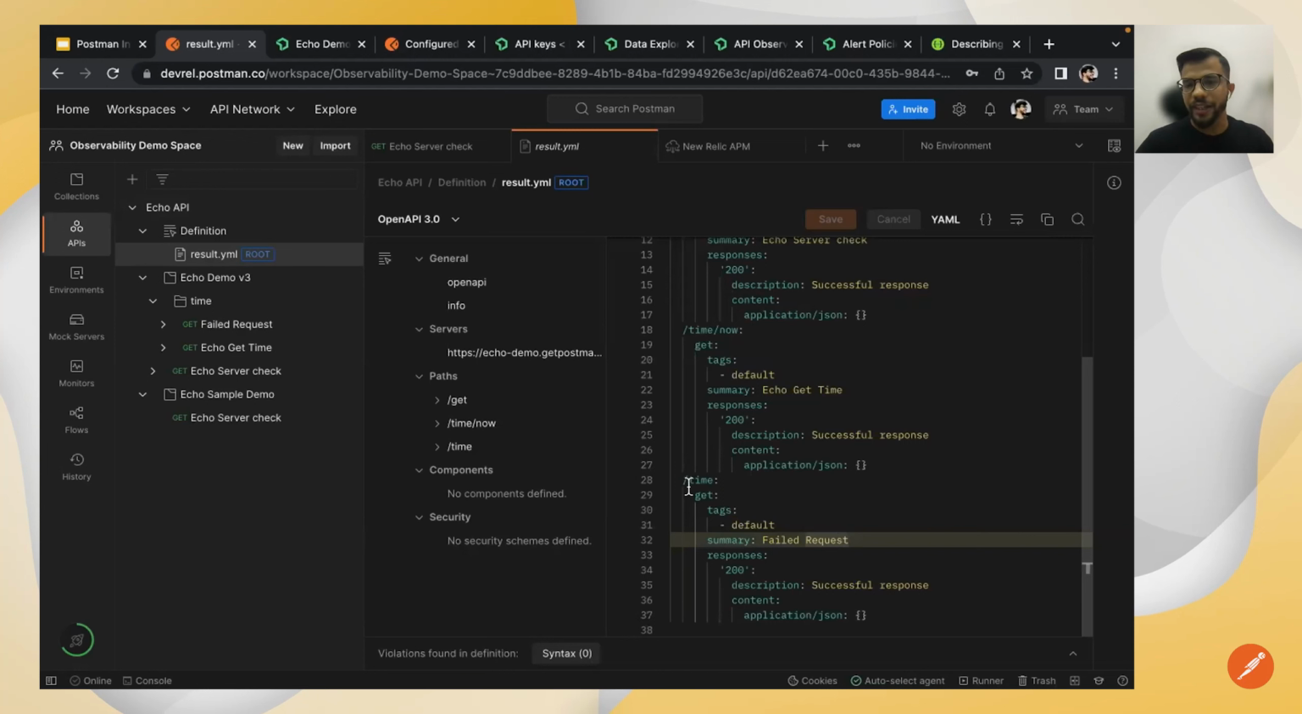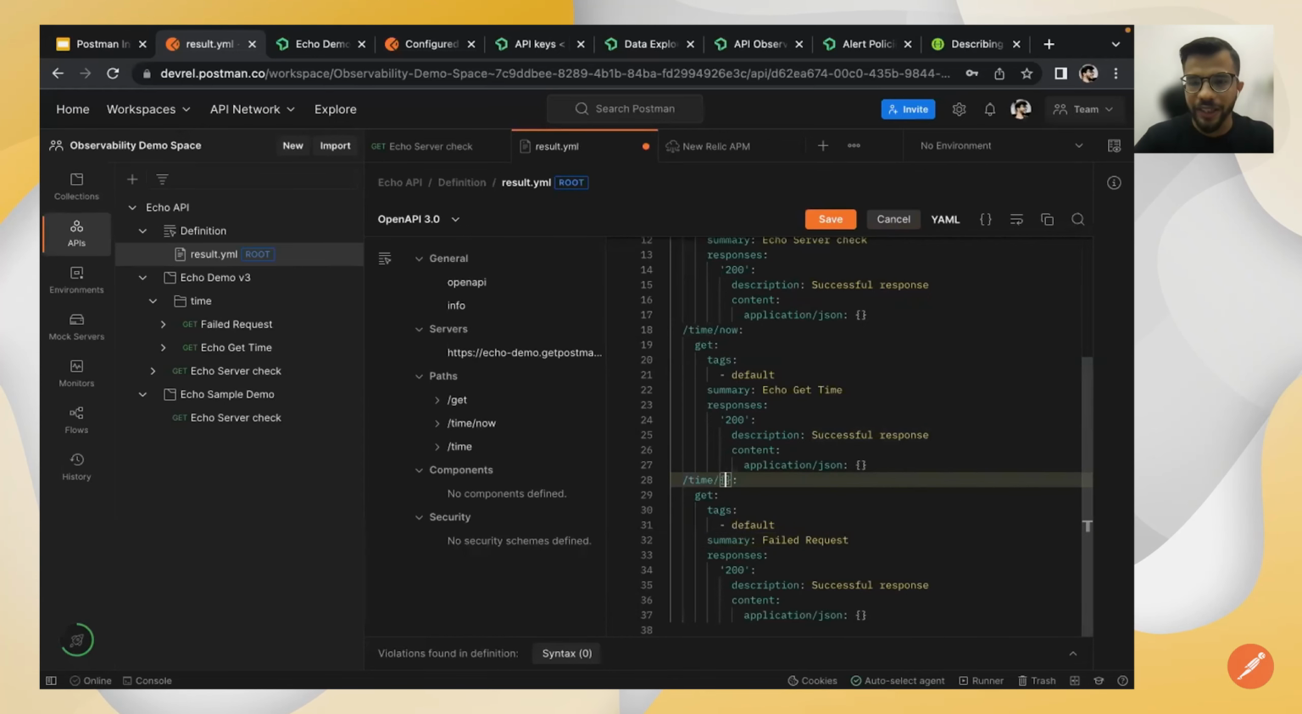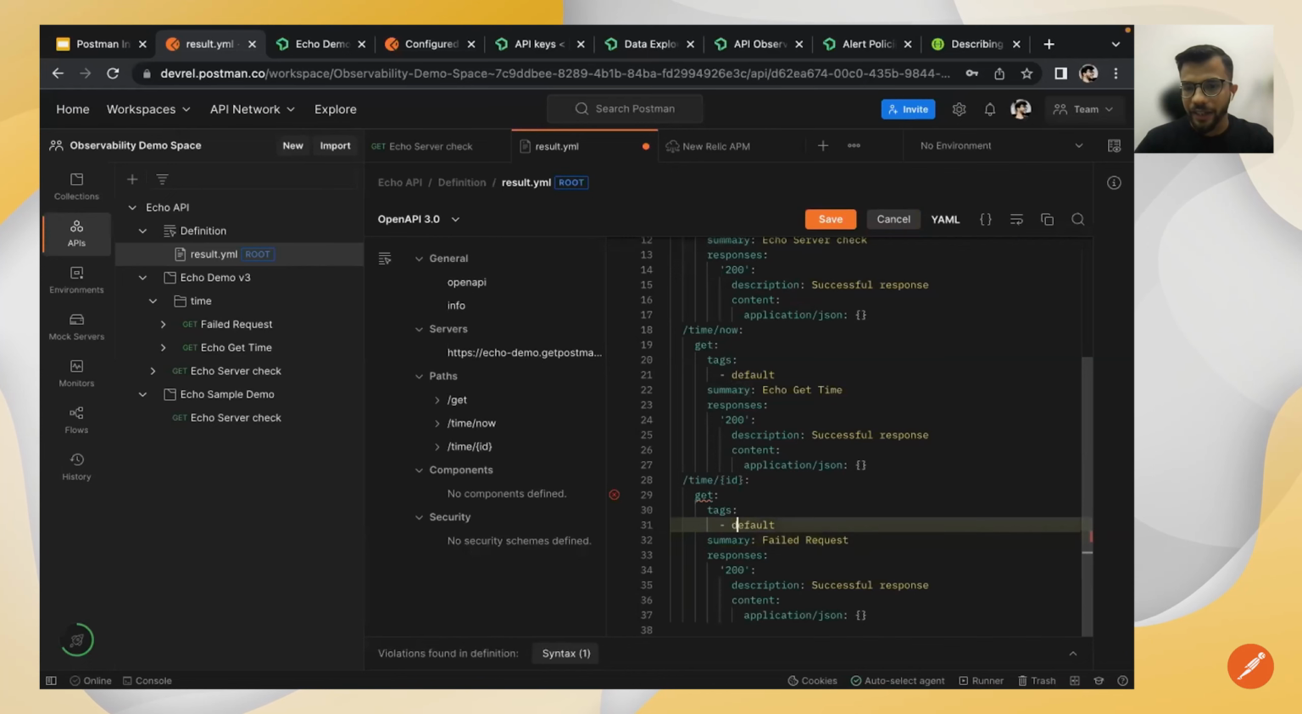So what we'll do is update our definition. This is just the example that I'm showing; there can be multiple cases. We just update our definition to add a path param. For example, let's say it accepts an ID. So we update that,